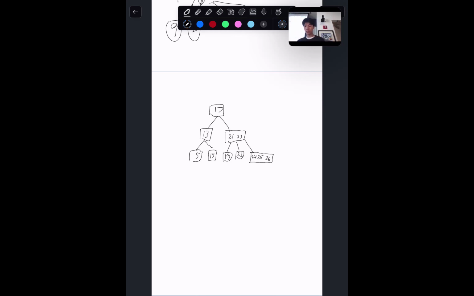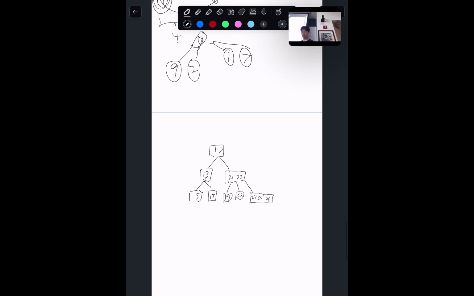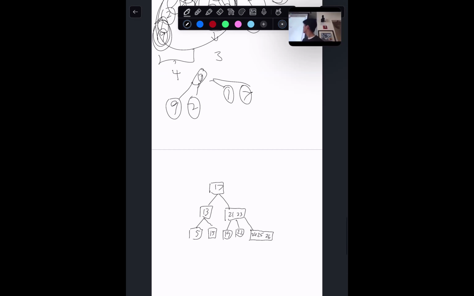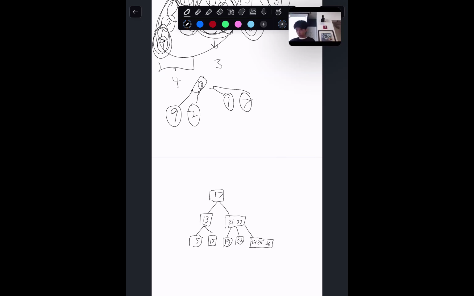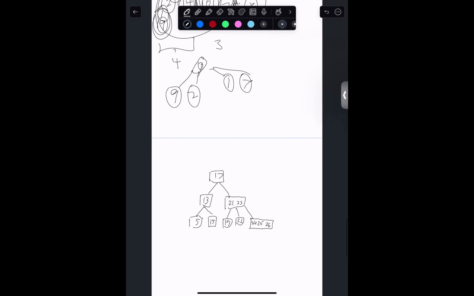Okay, so we start from this node, right? We start by recognizing that this is breaking the limit. So we want to take the middle node and move it up. So this would look